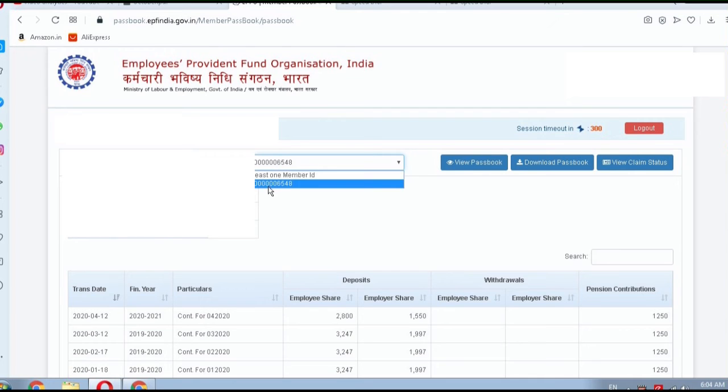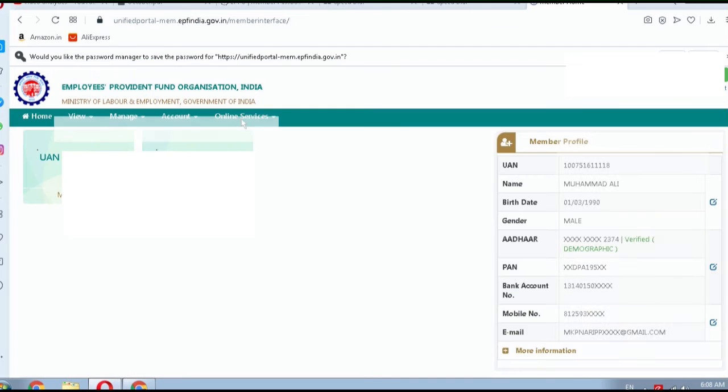If in case you work for multiple organizations, you can find all your passbooks here. By clicking on view passbook, you will get to know all the details about your passbook. What is the total balance, employer contribution and employee contribution, what is the amount you are having in your pension. All the details you will get to know from this passbook.